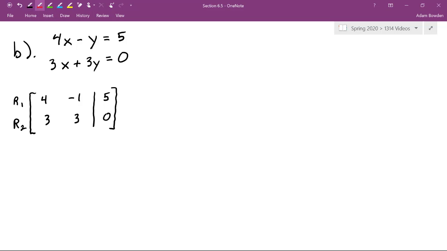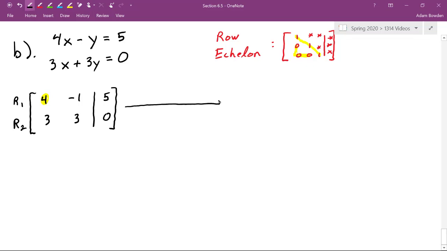And again, I want to make this look like what they call row echelon form. So the first thing I'm going to see is the fact that I have a 4 up here in the upper left corner. That 4, I want to turn that into a 1. And we're going to do that by row operations. So there's no one way of working the row operations for everything. We can kind of work them in different orders in order to get the solution, depending upon what we see